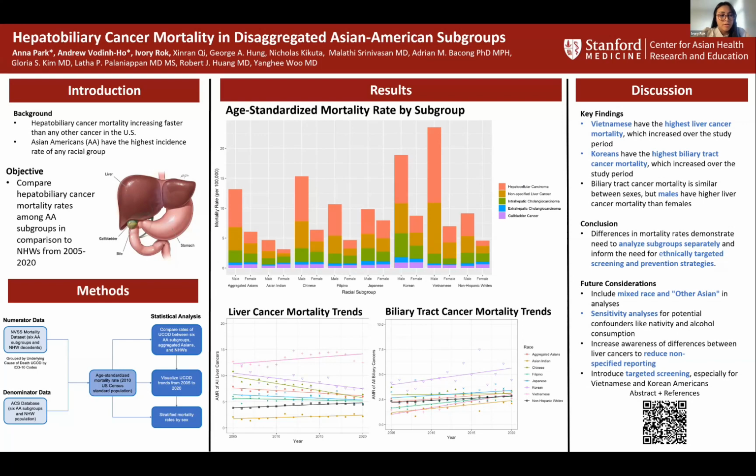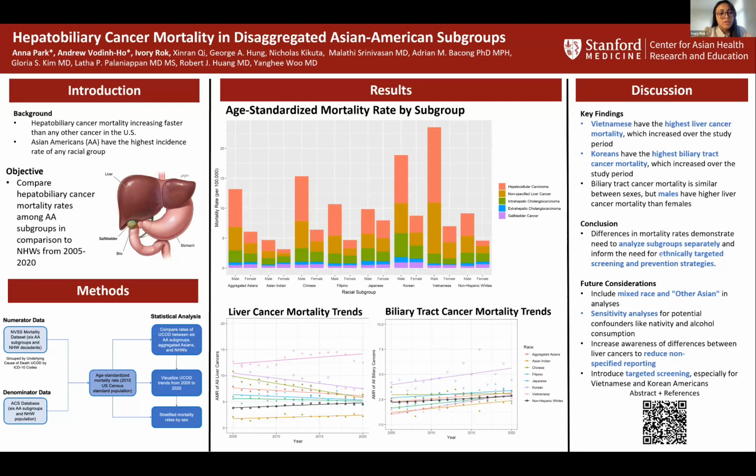In conclusion, our results demonstrate the need to analyze specific subgroups separately in order to make informed decisions regarding ethnically targeted screening and prevention strategies. In order to address the limitations of our study, future considerations for research should include mixed race or other Asian subgroups in the analyses, as well as having a sensitivity analysis for potential confounders such as nativity, alcohol consumption, and HPV infection. Our study increases the awareness of differences between liver cancers in order to reduce non-specified reporting, as well